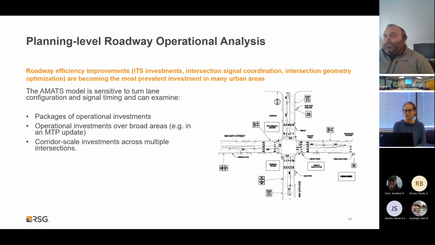But the big thing here to note is that the travel demand model should not be used to test single intersections, single operational impacts of the intersections. The appropriate analysis to use for signalization or for automobile or intersection level analysis or intersection type analysis is to be looking at all the intersections within a corridor. And this has to come down to the type of assignment that we're doing in a travel demand model, which is a static assignment. It's not robust enough to do operational level analysis or operational level characteristics of the intersection itself.